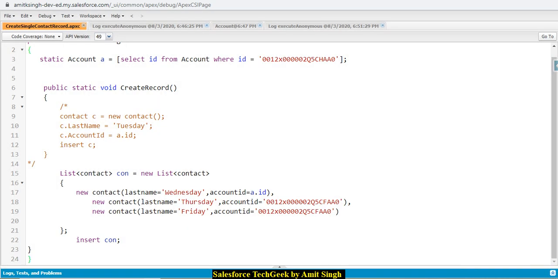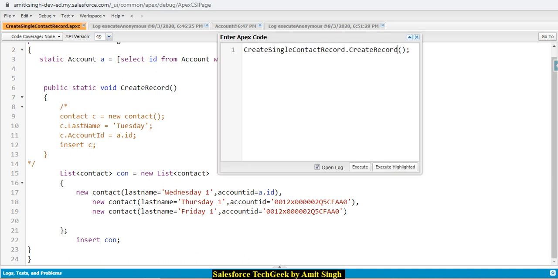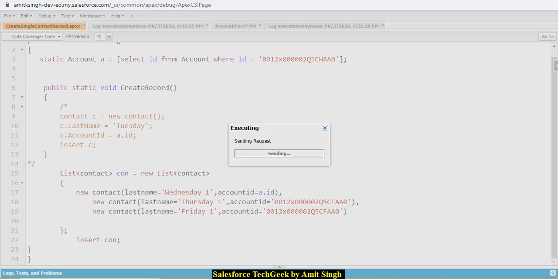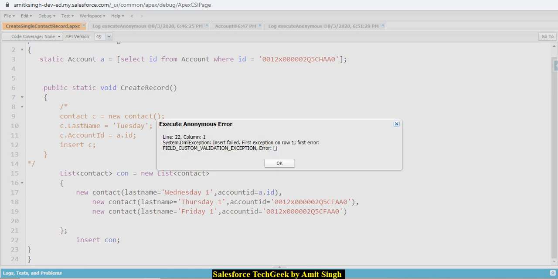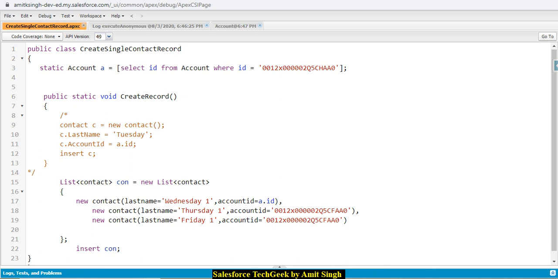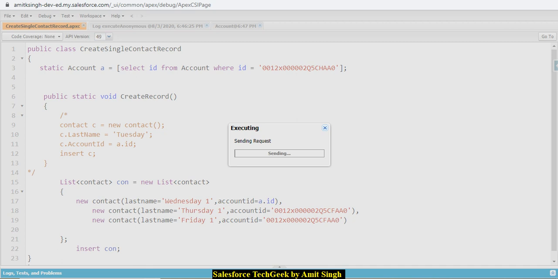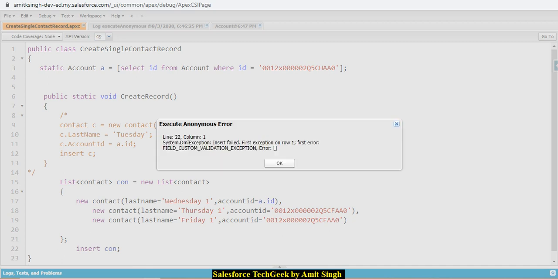Okay, so looks like I have used these names earlier also. So I will place one, one, one, and save it. Let's run it again and check whether we are getting the same issue or not. Still we are getting the same issue. Just save it and check once again why we are getting the error. Custom field validation. This is like, okay,